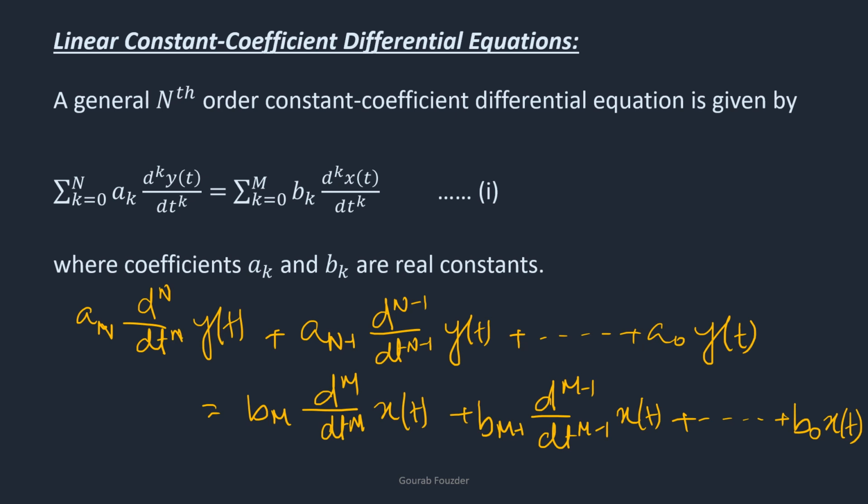For a system to be time invariant, all the coefficients in this differential equation must be constant. Otherwise, the system is time varying. And it is referred to as linear because it corresponds to a linear combination of these derivatives, not because it corresponds to a linear system. In fact, for a system to be linear, all the initial conditions or the auxiliary conditions must be equal to 0.